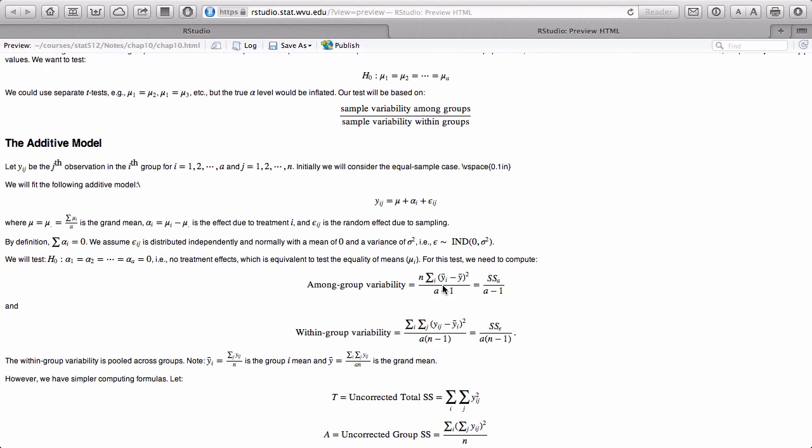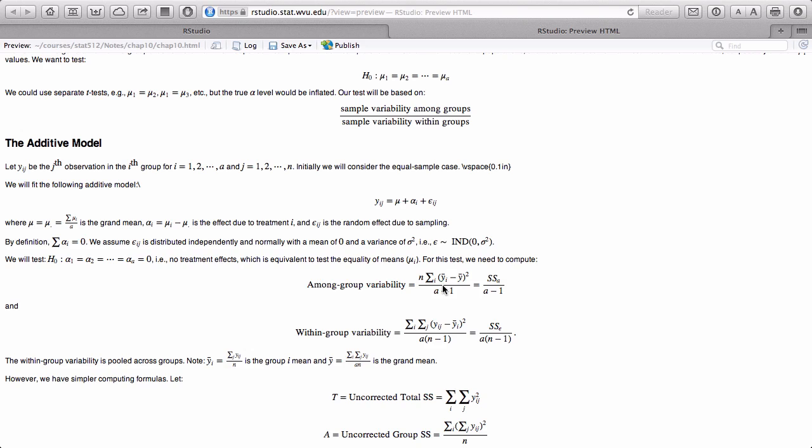Now, that sum goes from i equals 1 to A, and it's sort of like a variance, right? When I did a variance, I had the sum of the y sub i minus y bar squared over n minus 1. Well, here I'm summing over A things: the sum of the y bar sub i minus the grand mean y bar squared over A minus 1. That's sort of like a variance, as I said, and we have to normalize it by multiplying by n. And we call that SS sub A,